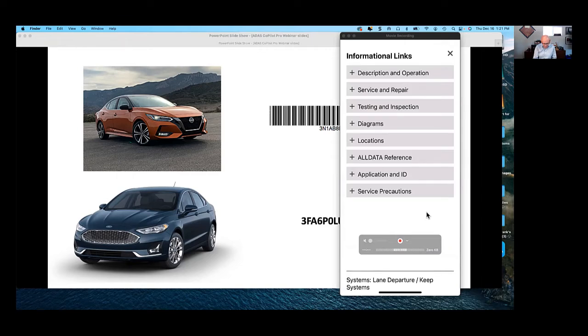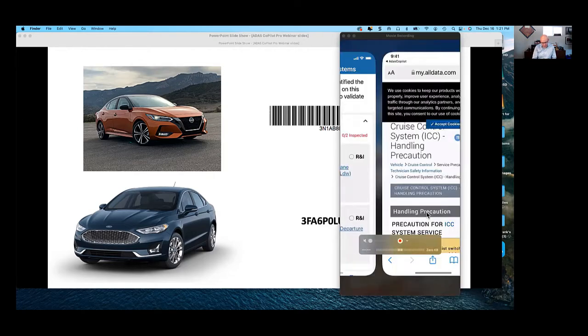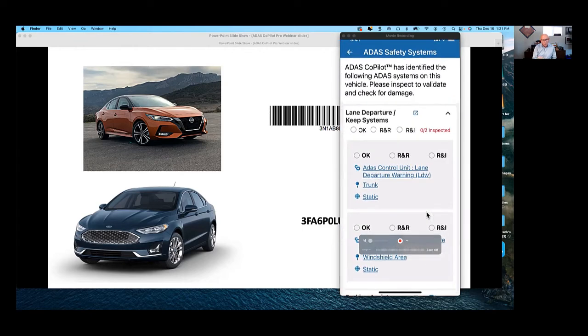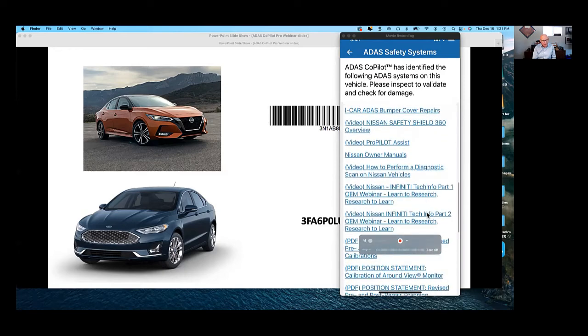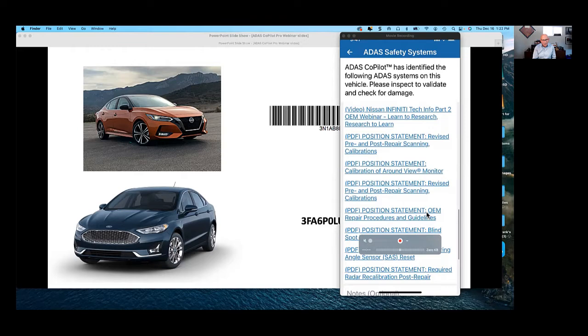I can talk about testing and inspections, or I can go here and learn about what it is, and it's going to give me all that information immediately. So in my world, we're trying to democratize access to repair procedures related to the OEM manufacturers. You'll also notice, as I said, we talked about position statements.